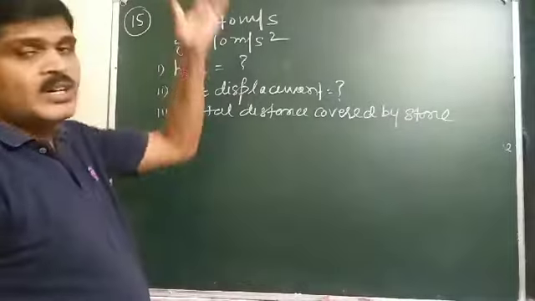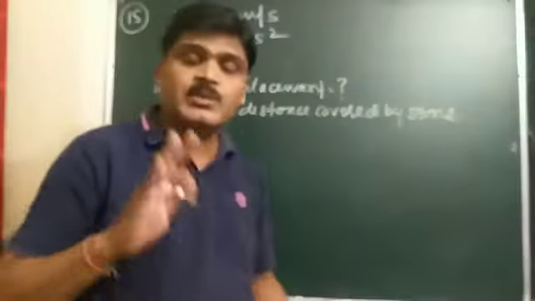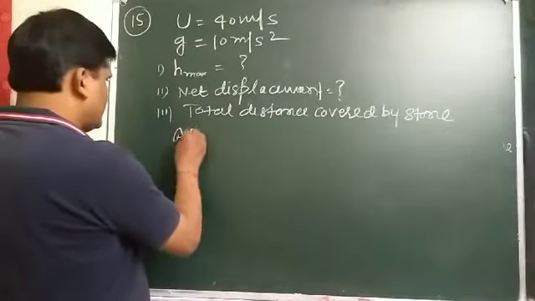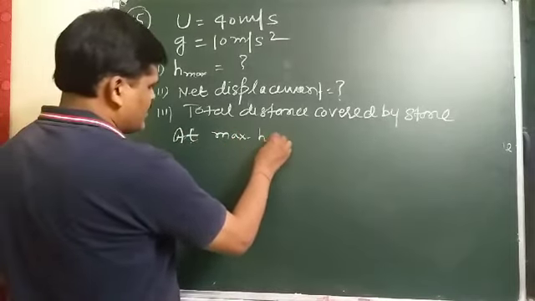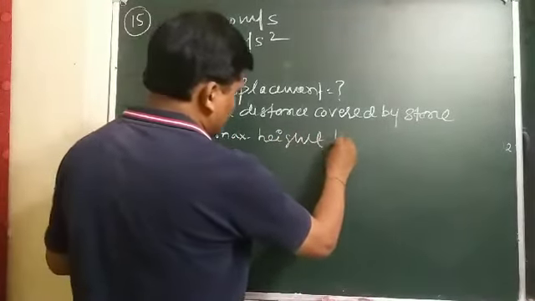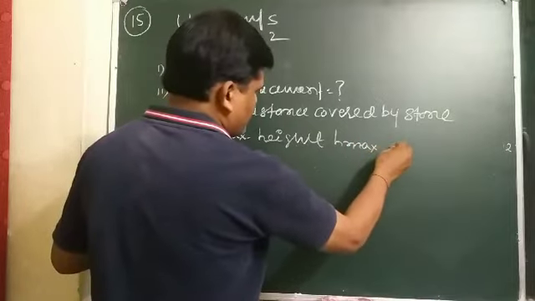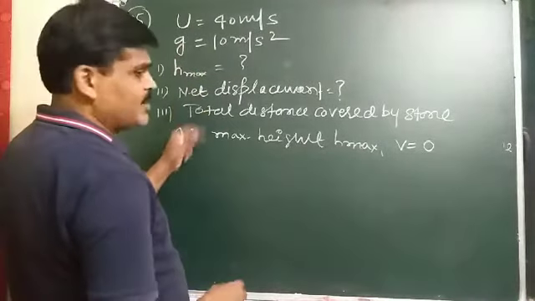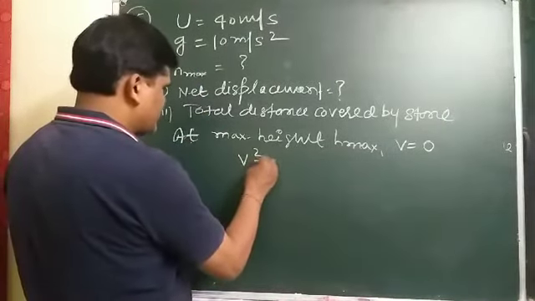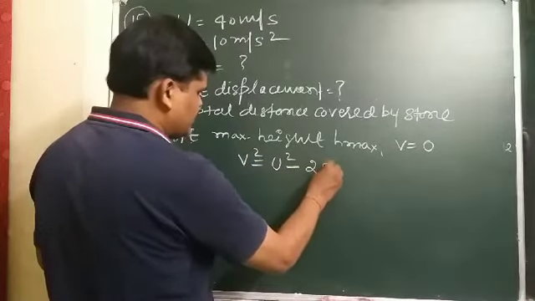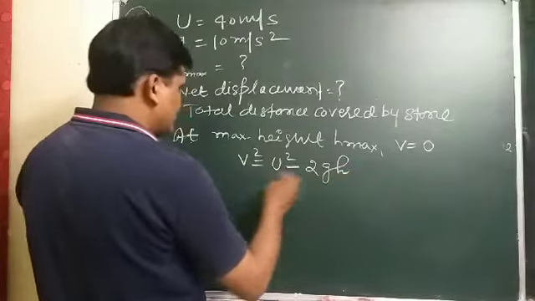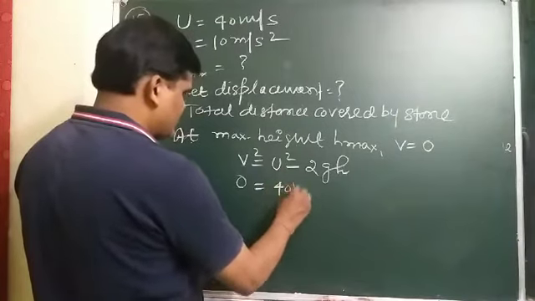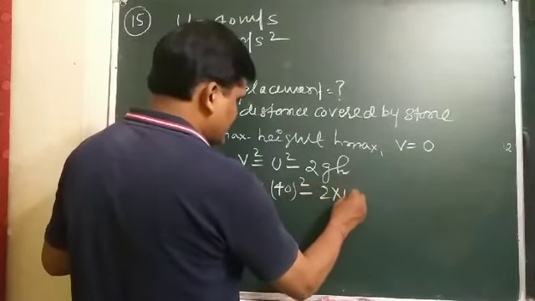when the stone is thrown vertically upward and reaches the maximum height, its final velocity is 0. So at maximum height, h max, the final velocity of the stone is 0. And we have to find h max using the formula v square equals u square minus 2gh in the upward direction. When v is 0, u is 40, g is 10, and h is